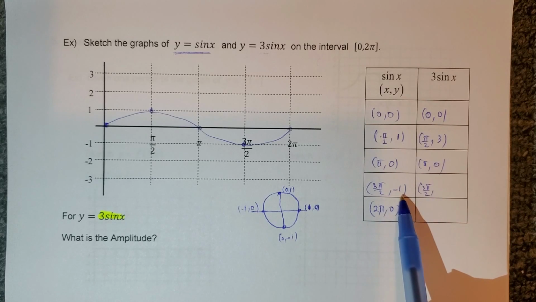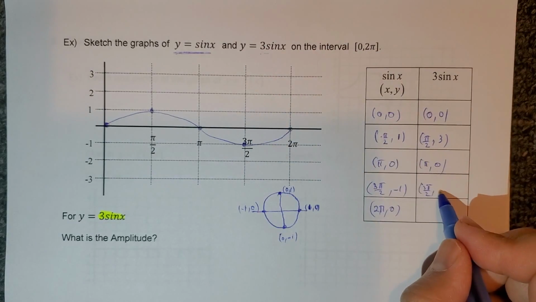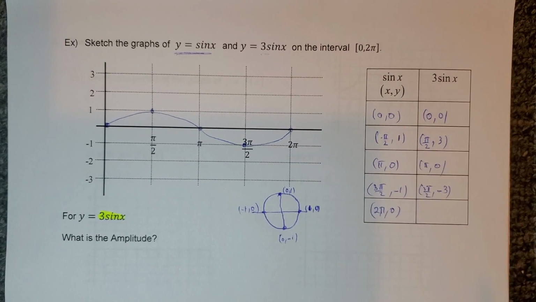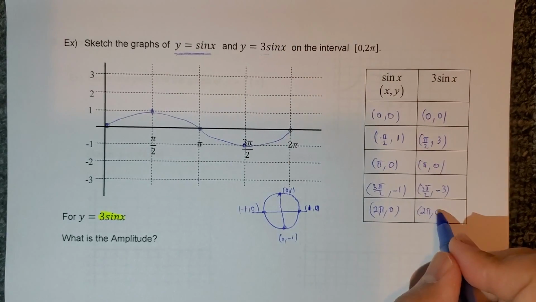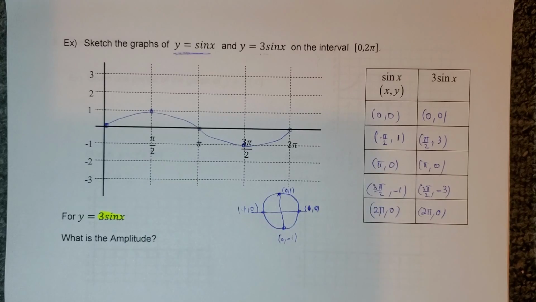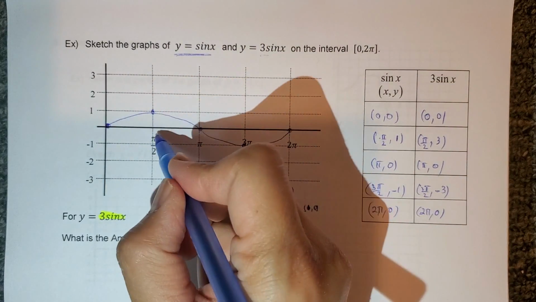Your x value should be -1, and then your y value here is going to be multiplied by 3. So that been multiplied by 3, right? So that's going to be -3, and then this one is still 0 times 3, which is still 0. Okay, let's plot that. So at 0, 0, it's the same thing, but at pi over 2, this is at